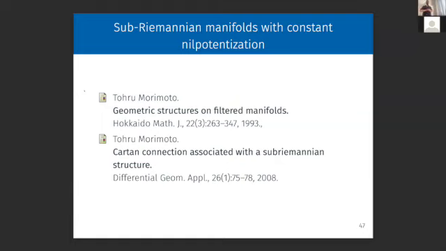2008. And then in 2008, Tanaka and Morimoto gave a way to introduce something that was similar to the Levi-Civita connection for sub-Riemannian structures. And no one understood it and just ignored it until I started looking at this recently, because it was all written in terms of Cartan geometry. No one knew, other people knew Cartan geometry. So I translated it into